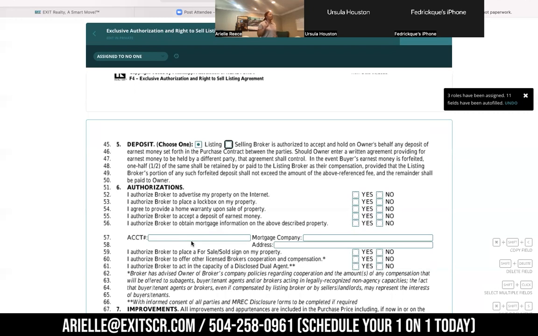with the exception of line 54, provide home warranty upon sale of the property. You need to ask your client specifically, do you want to offer a home warranty or not? Sometimes they do because they want their property under warranty while it's on the market, and sometimes they don't want to pay it, so they do not have to. You will put no, but the rest of them you want to put yes, including mortgage information, so that you